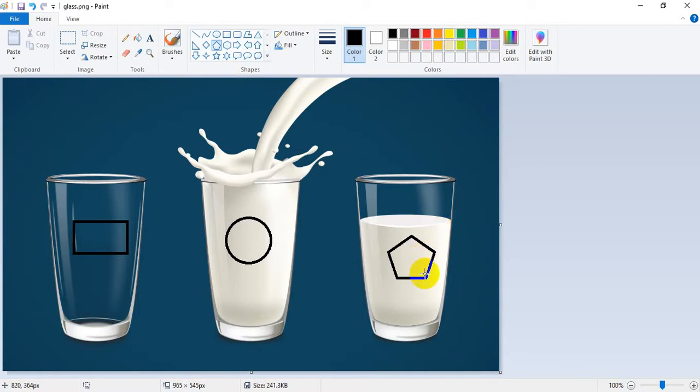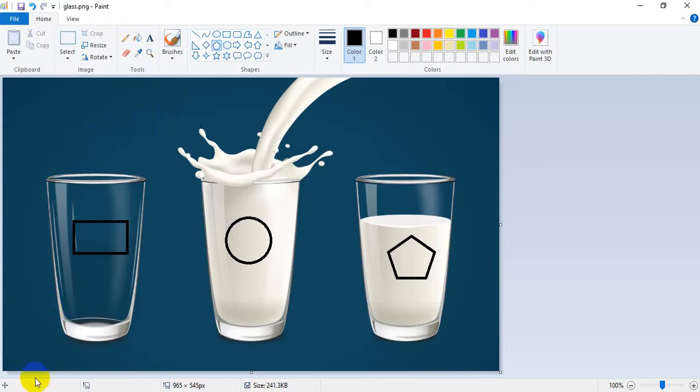Now we have to note the coordinates. The coordinates mean every position of this image has a unique coordinate. When I put my cursor over here, how do you come to know the coordinates of that particular place, that particular dot? You can see here.